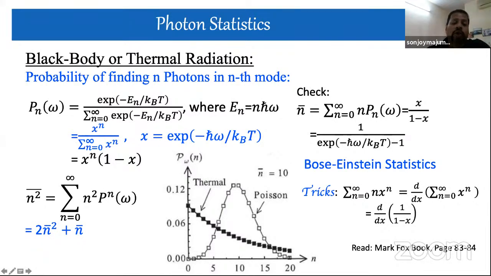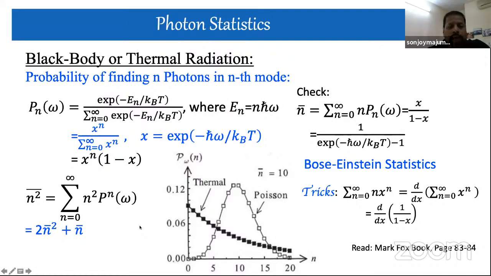In the case of the Poisson distribution, the variance is equal to nothing but n bar. Here you are getting an additional term, n bar squared. That is why, as we said, in the case of thermal radiation or black body radiation, which is classical light, your variance is more than the mean value, with the extra term n bar squared. For details you may look at the book, pages 83 and 84, where all the derivations are given in detail.